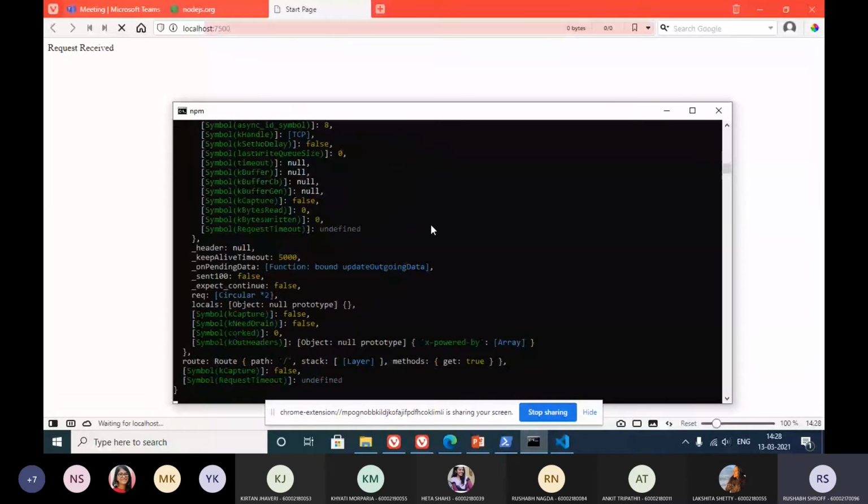Oh yeah, there was an issue with my computer because I just had to press the enter key.